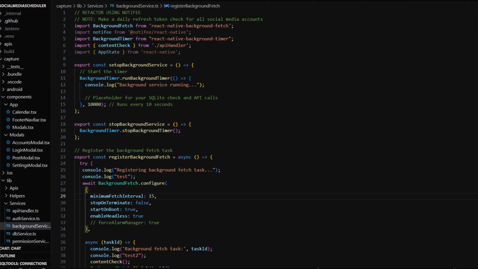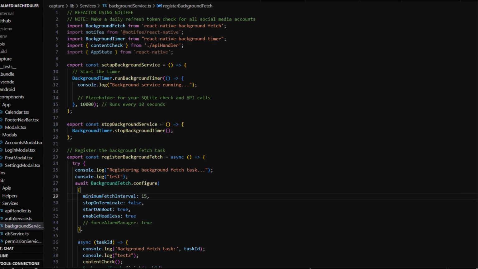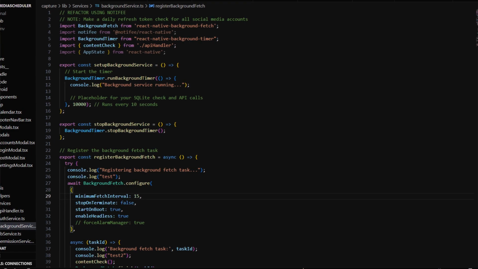As we're moving along, I'm hoping to fully finish this out this year. Currently, I want to work on the background process. It's the same reason that I left Dart to begin with, because I knew React Native could do this. After doing a bunch of testing and a bunch of changes to the manifest and my Gradle batch files, I finally was able to get some sort of testing for doing a background fetch, and it works, but there are limitations with not just the Android side, but also the iOS